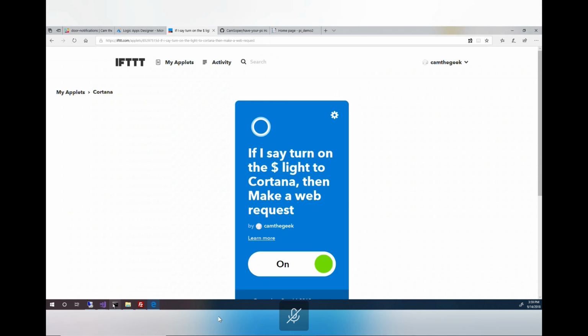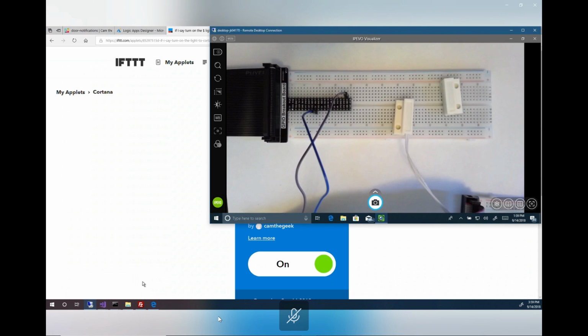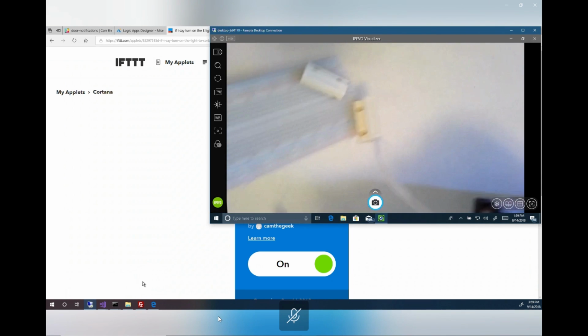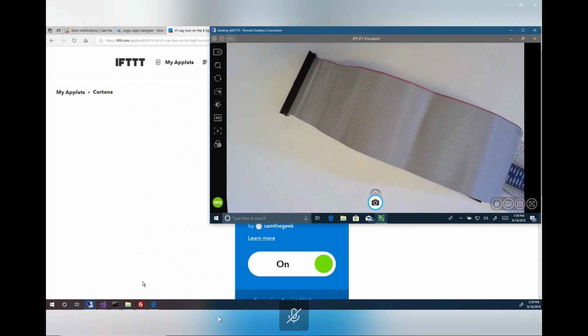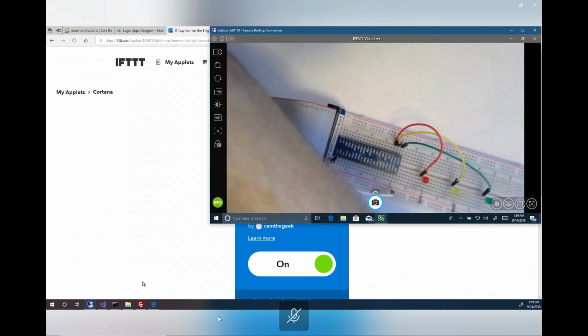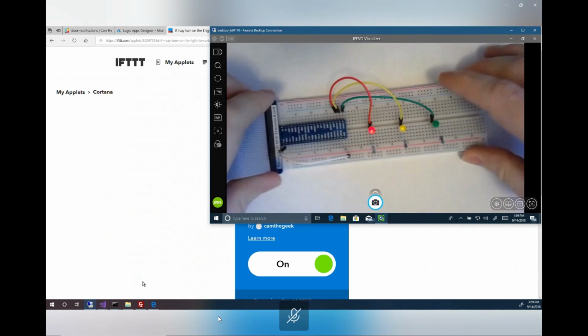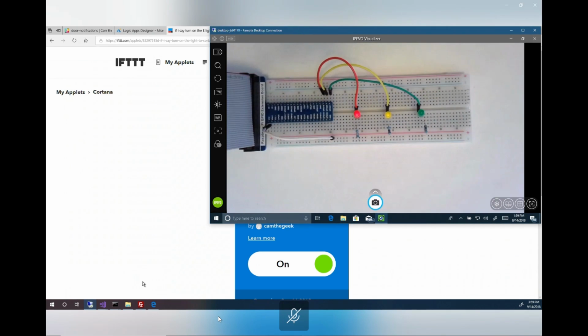The only other thing we need to do is hook up the breadboard that has the LEDs. So let me do that very quickly. There we go. Now, I told you that there's a very easy to understand reason why we're using low instead of high to turn on these LEDs. And that reason is